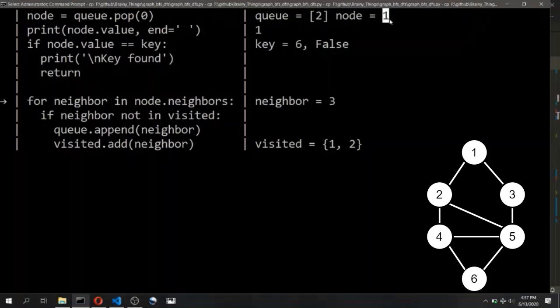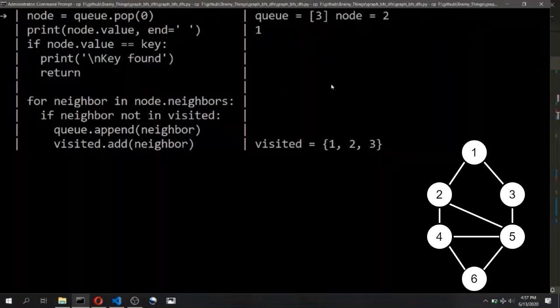Now the next neighbor of node 1 is 3. It again checks if the node 3 is not present in the visited set. It is not, so this condition becomes true again. The node 3 gets added to the queue and the visited set. Now all the neighbors of 1 are processed, so it will go up again.